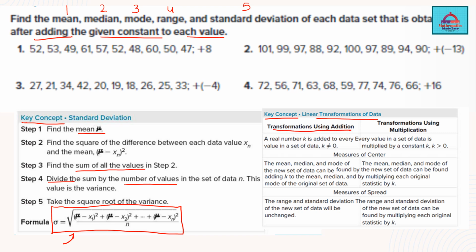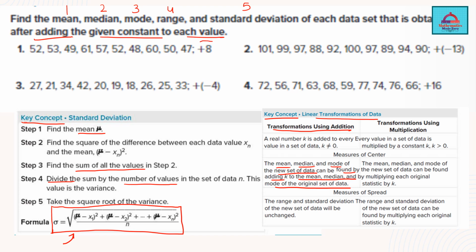So what will happen when a real number k is added to every value in the data set, then the mean, median and mode can be found of the new data set by adding k to the mean, median and mode of the original data set. So what I'm going to be doing while I solve these questions for you is I will find the mean, median and mode of these data that you see here,